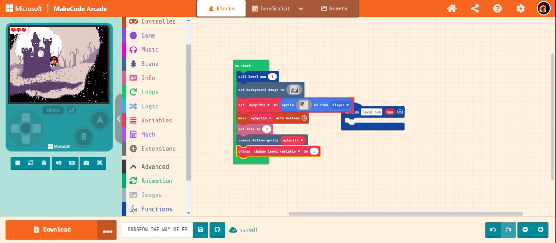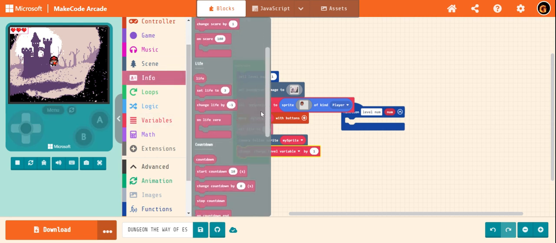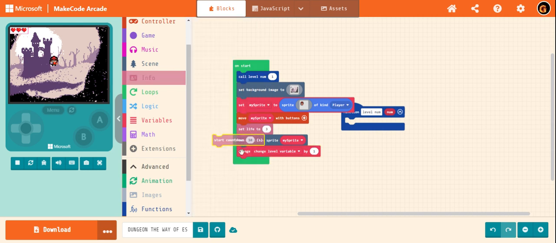After it, if you want the countdown, you can start the countdown. Well, let's try moving the sprite. It won't move because we haven't called the level num function. So after that, let's start the countdown by 100 seconds. Info, where is it? Start countdown. We shall set it to 150. No, 180 seconds. No, 180 is too small. Let's add it to 300 seconds. No, let's add 360 perhaps.